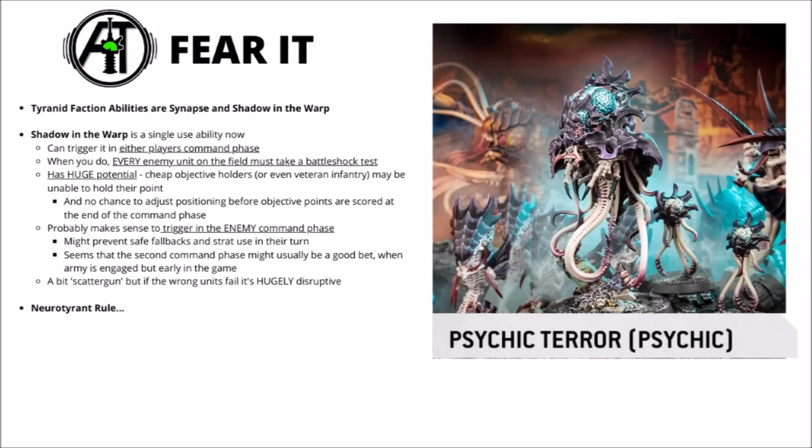It also means that the units can't use any stratagems, which could be pretty brutal for any enemy damage dealers that might want to make use of a good one, and it can also give them problems with falling back. If they need to drop away from your units, then you have a pretty high chance to lose models. I'd guess that maybe the enemy's second command phase might be a really good time to use it, that way